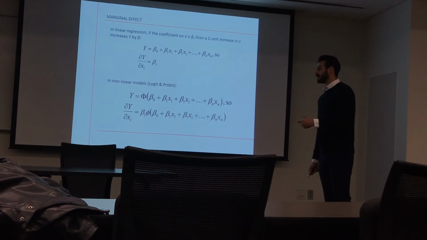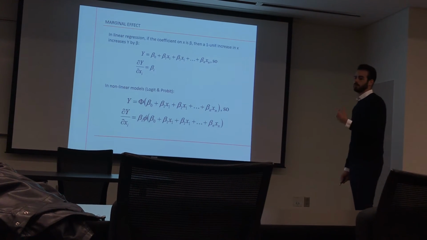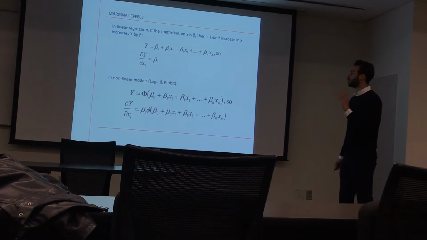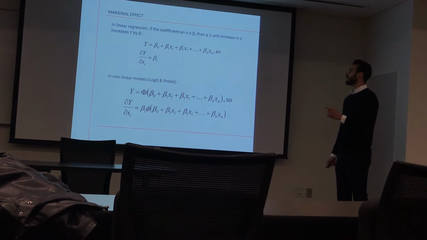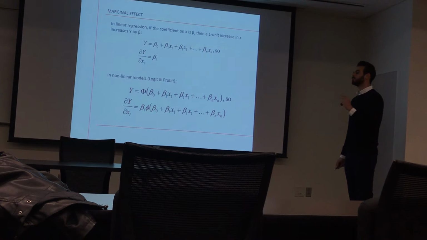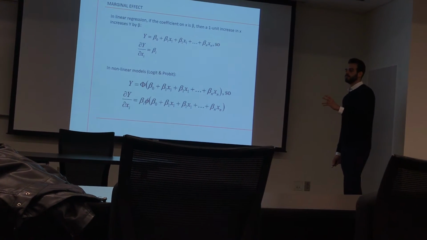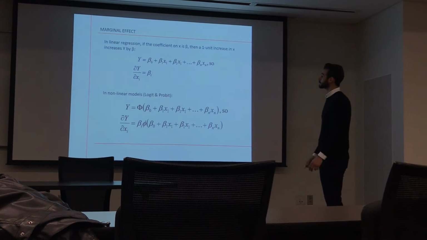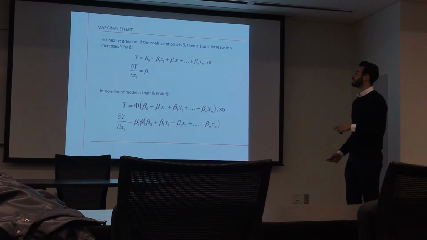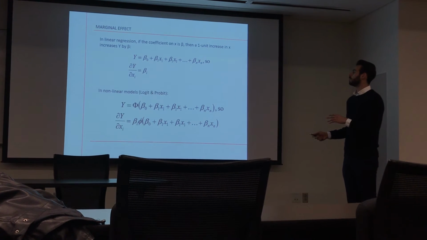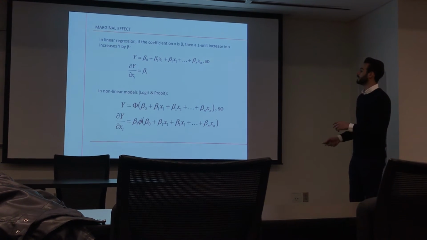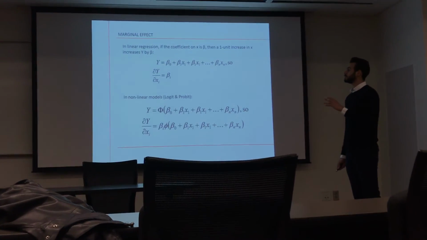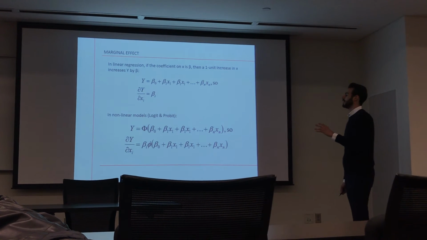So I just overtook the first drawback of a linear probability model. Now I'm sure that given any real value of x times beta, I'm going to always get a probability. However, I need to overcome two drawbacks: the unique marginal effect and the heteroscedasticity. Well, it turns out that in a linear regression here, if the coefficient on xi is beta i, the first derivative of u over xi is going to be beta i. So what does it mean? That if xi changes by 1 unit, u is going to change by beta i times delta xi.